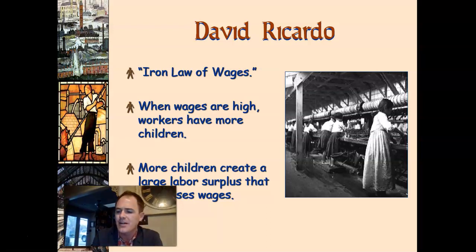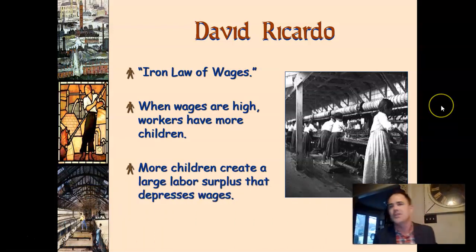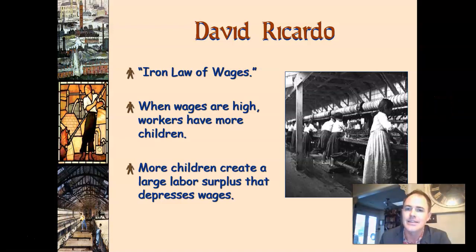Also, new thinking on economics, right? We have a shift away from this mercantilist idea of the state interfering in supply and demand, and a move to more market-driven understanding of supply and demand, right? That begins with Adam Smith's famous book, The Wealth of Nations. David Ricardo builds on it and argues about this iron law of wages, that when wages are high, workers have more children, and that creates a large labor surplus